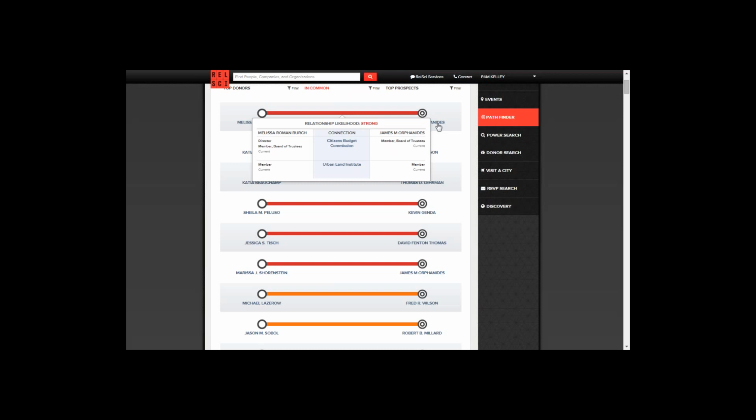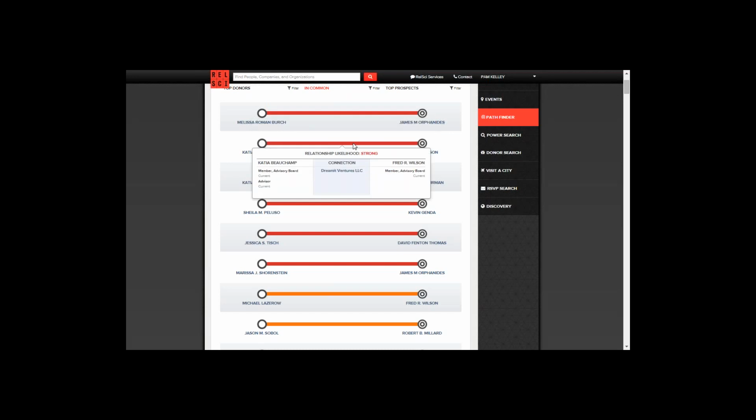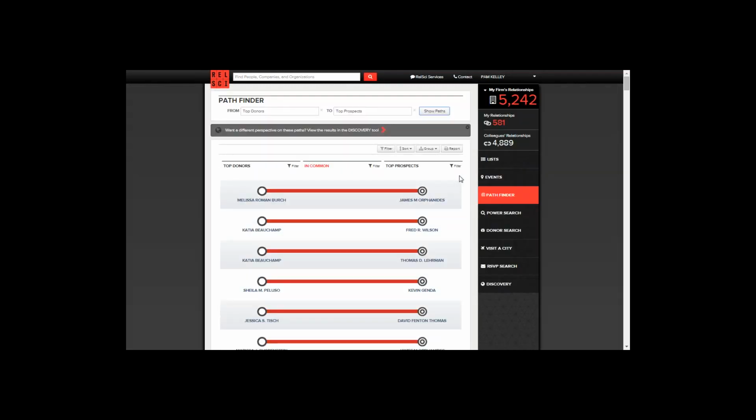to donor Melissa. I can also scroll through and see, oh, currently on the board of Dream It Ventures together. I can scroll down here and see, oh, access points that my top donors have to my top prospect list. Additionally, if you ever wanted to print out one of these path reports to bring to your next